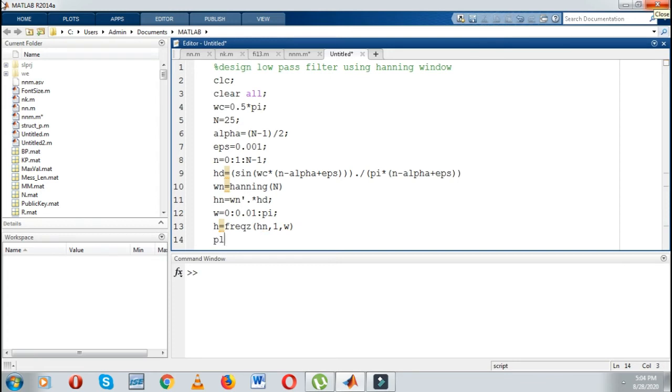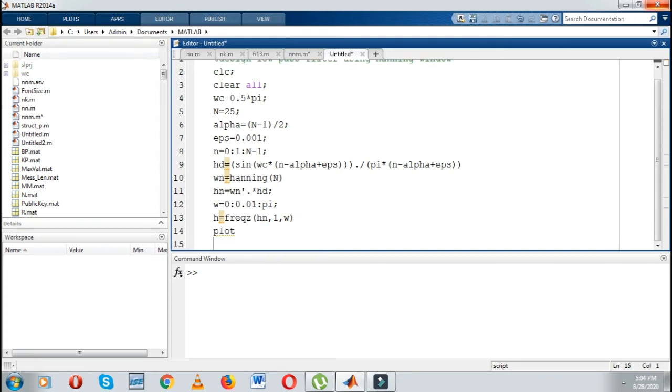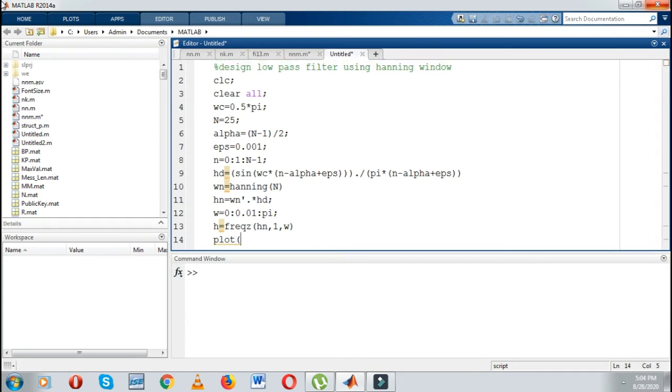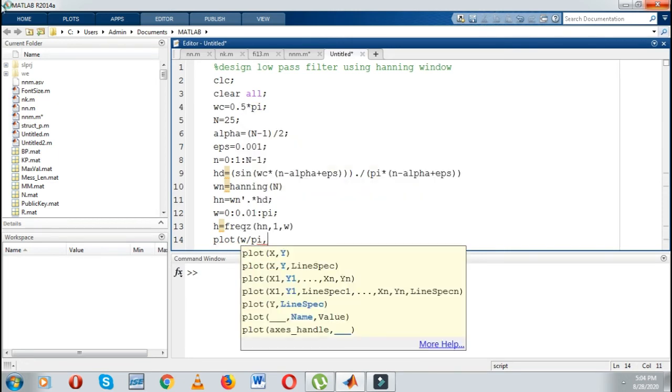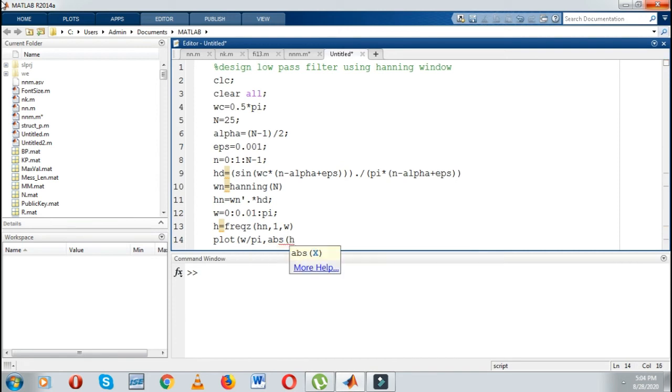Next we have to plot the signal, plot omega divided by pi comma absolute of h. So simply I will plot the magnitude spectrum for that frequency response.